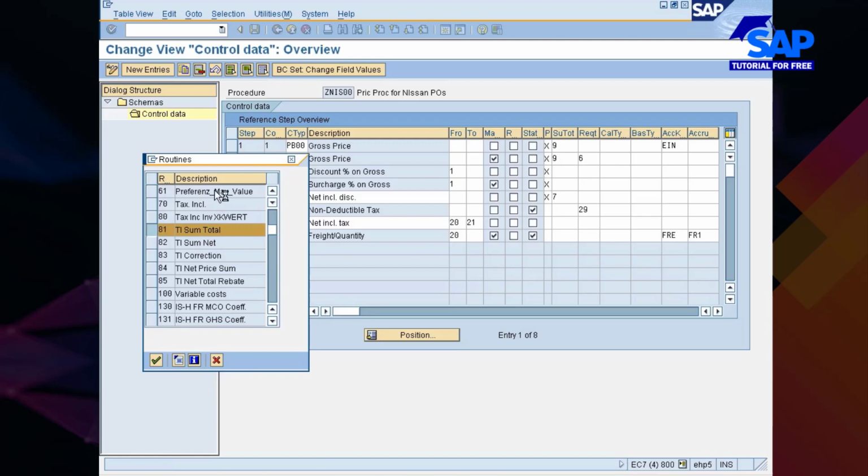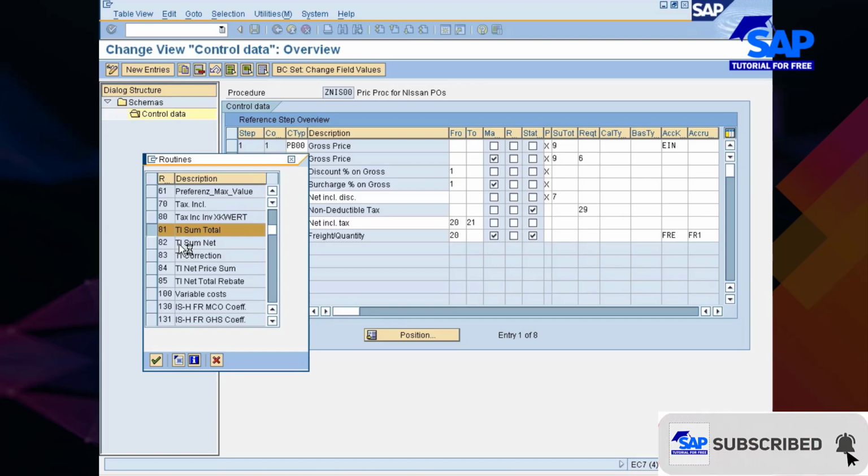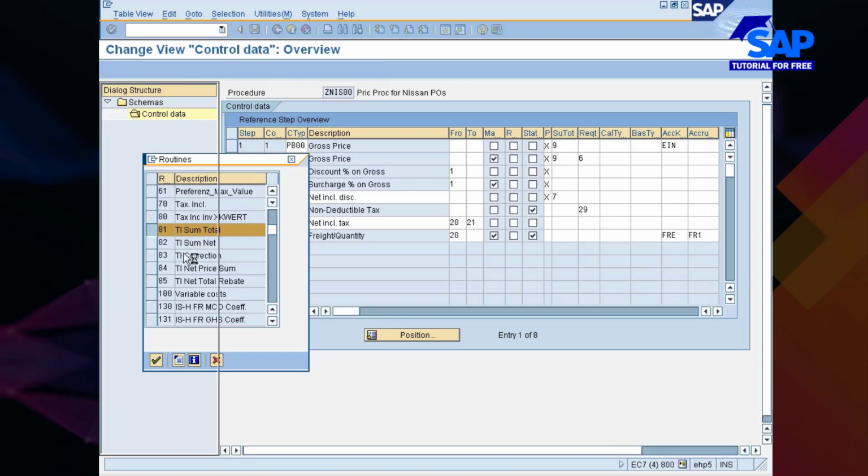It's taking longer than expected. Give me a moment. Let me open the source code for this particular selected routine. Ideally, it should come quickly.